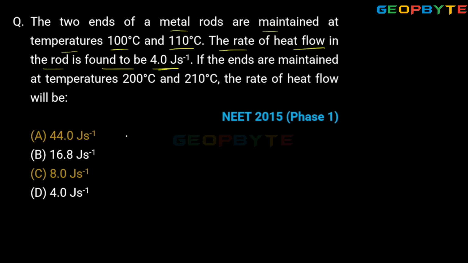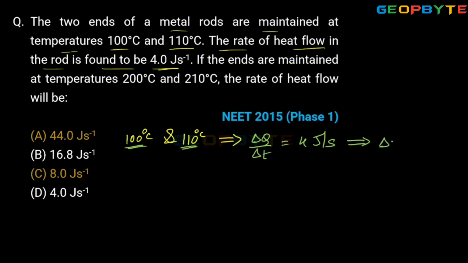It is given that for the range 100 to 110 degrees centigrade, delta Q by delta T is 4 joules per second. Therefore, the temperature difference for this heat transfer is 110 minus 100, equal to 10